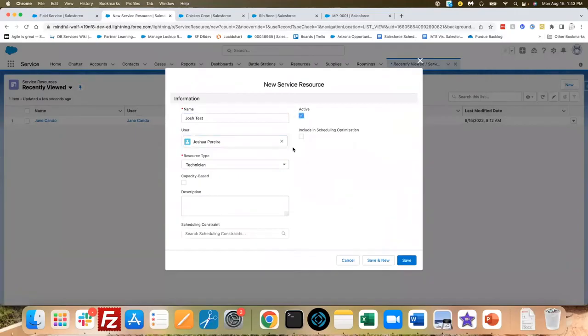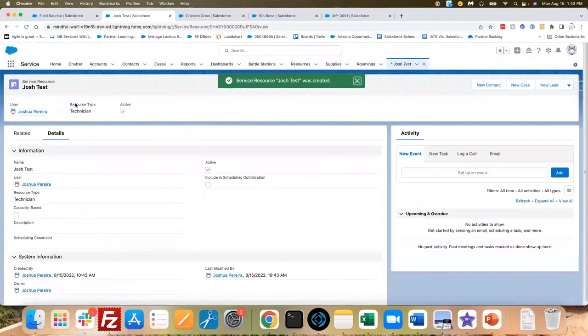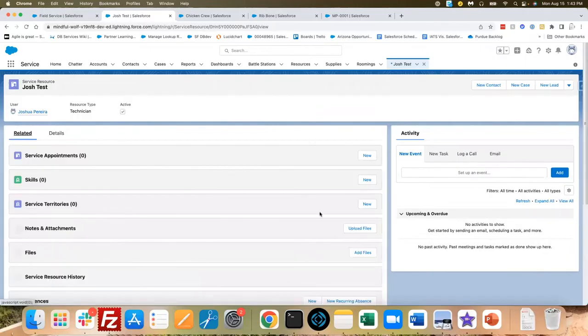Make sure they are marked active. And if you'd like to include them in the scheduling optimization, click save. And you can see that we have our newly created service resource. And then if you would like to add that resource as a service territory member, you can click related, click